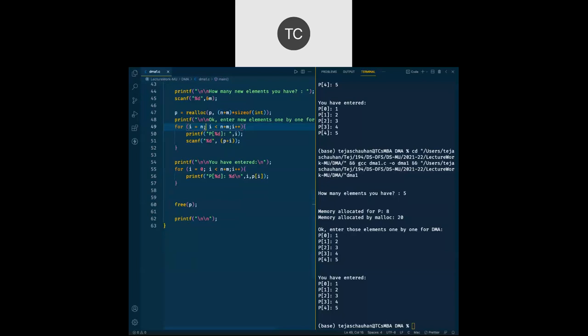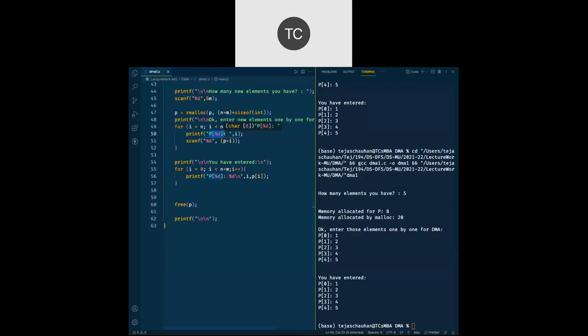The value of n is 5, so we initialize i with 5. So p of 5, then we do i plus plus, so it becomes p of 6.